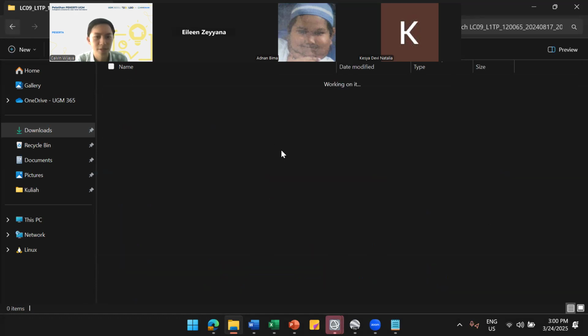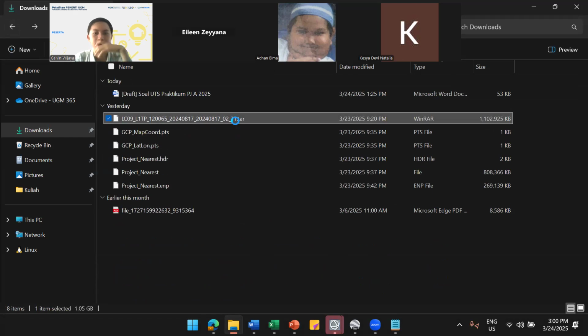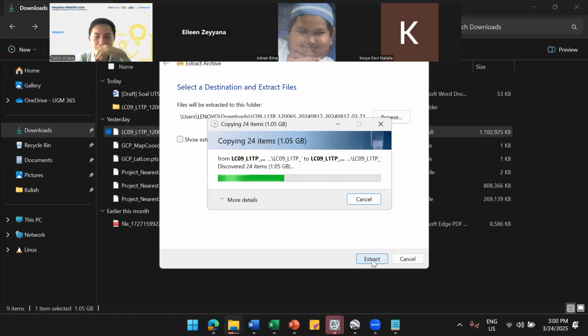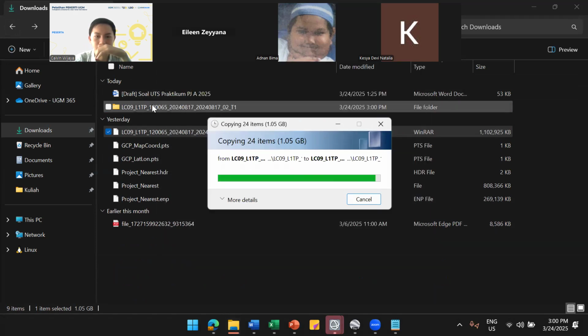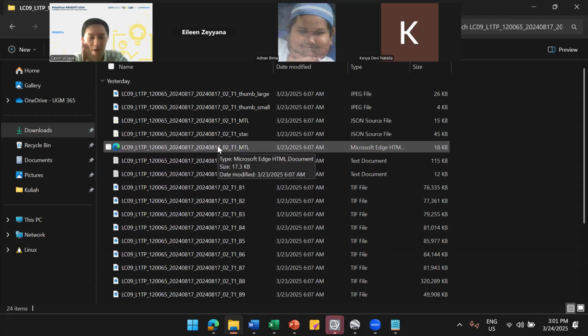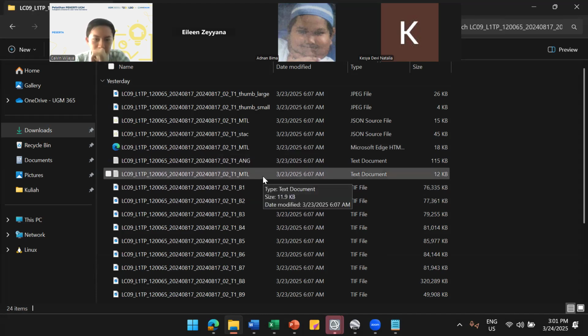Maybe I think I will extract it again. Okay, 24 files. And then after you extract the tar files, open the file that has MTL in the last name, like this one.